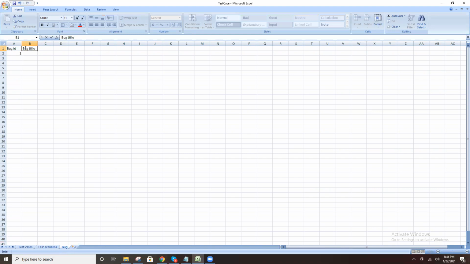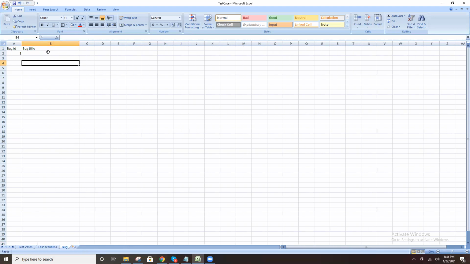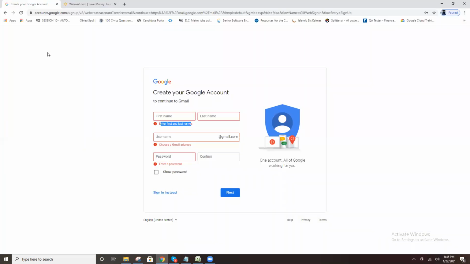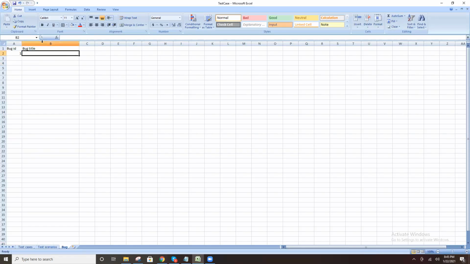And the bug title. Title means a brief discussion about the bug, not lengthy, very short. For example, the first name is not available, the error message is not showing. Invalid error message for first name field.